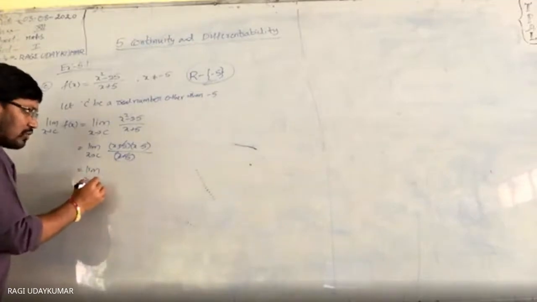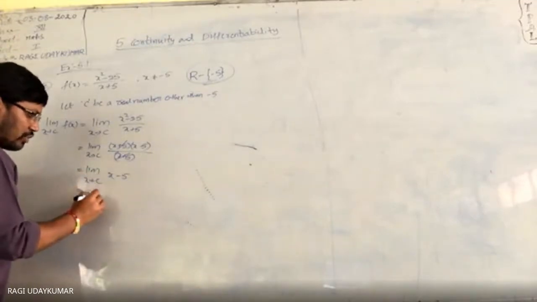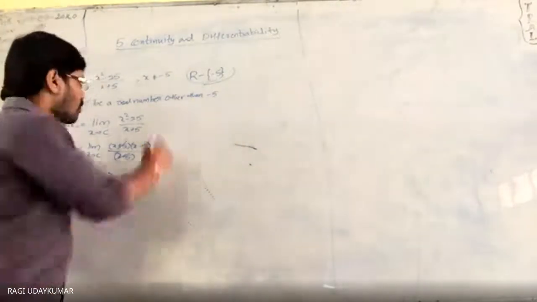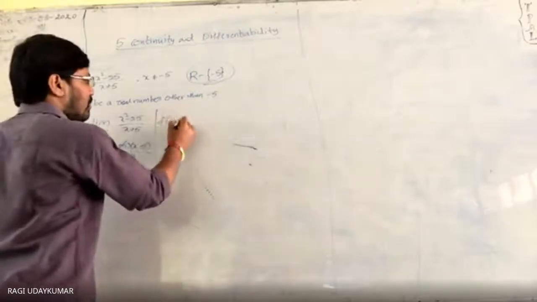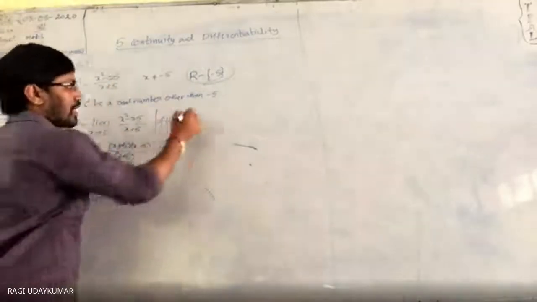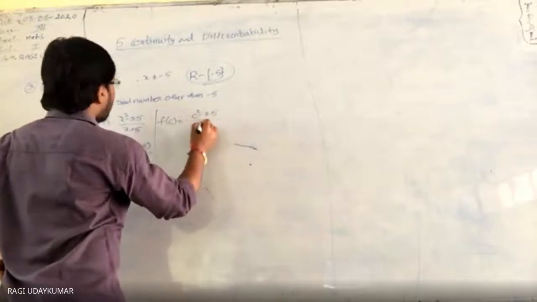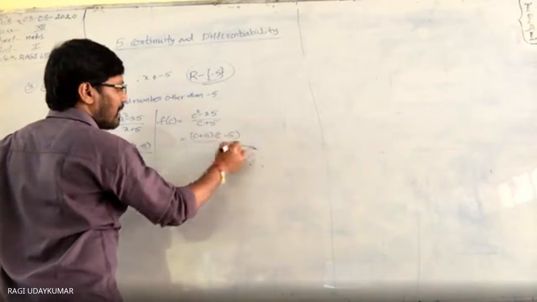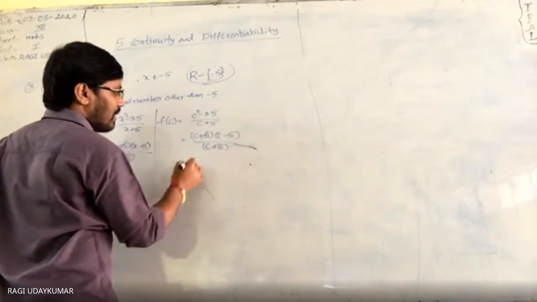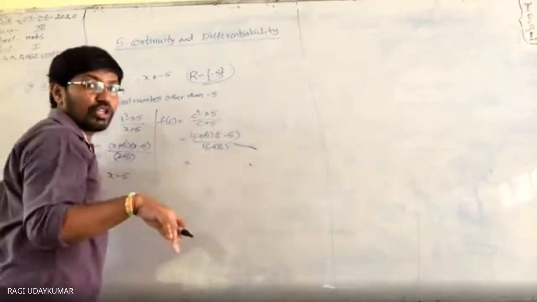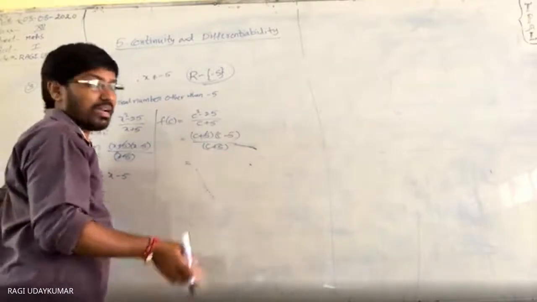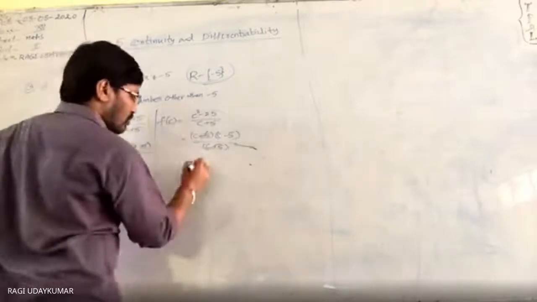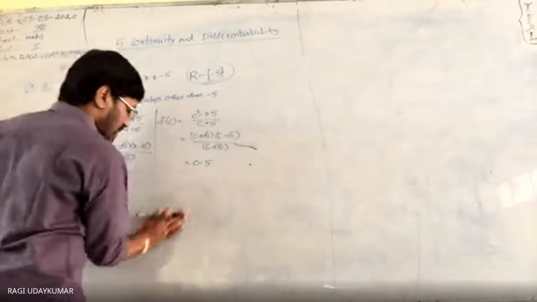So limit x tends to c of x minus 5 is equal to c minus 5. This value is c minus 5. Now the question is the f of c value. f of c is equal to, substituting c, c square minus 25 by c plus 5. So this is (c plus 5) into (c minus 5) by (c plus 5). These two will get cancelled as they are not zeros, because c value is not -5. So we get c minus 5 here also.